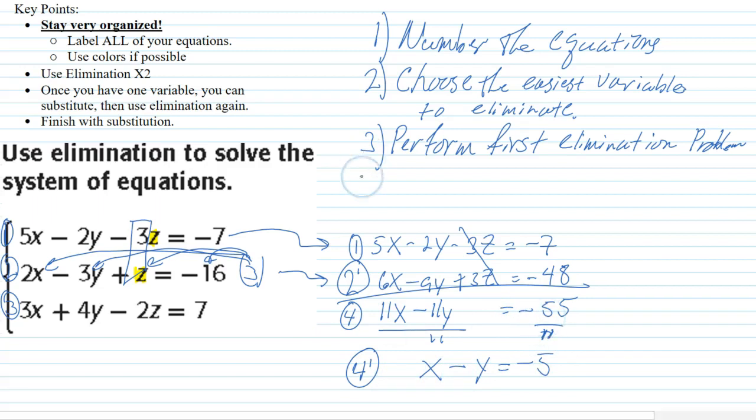Which takes us to step number 4. Step number 4 is do elimination again. And we do elimination again in order to cancel out the other z. So now I'm down here in equations 2 and 3. I need to cancel out the other z. So if I look at equation 3, I have a negative 2. Equation number 2 has just a regular 1z. So what that means is I need to multiply equation number 2 by 2 in order to get the z's